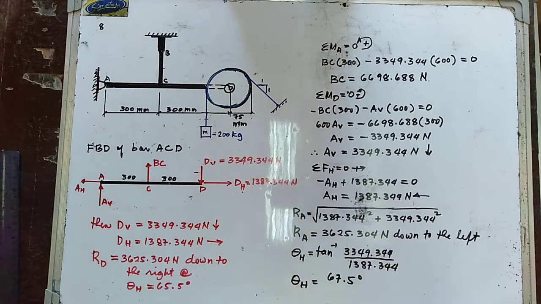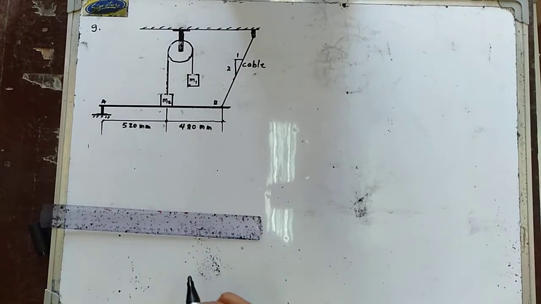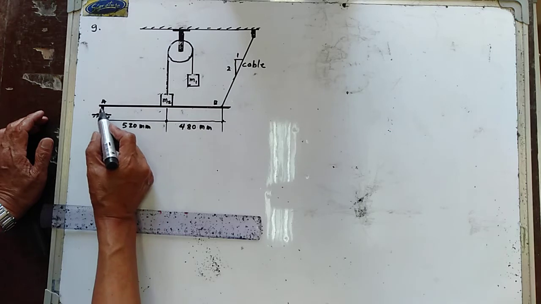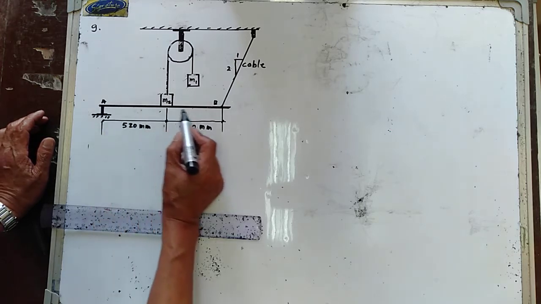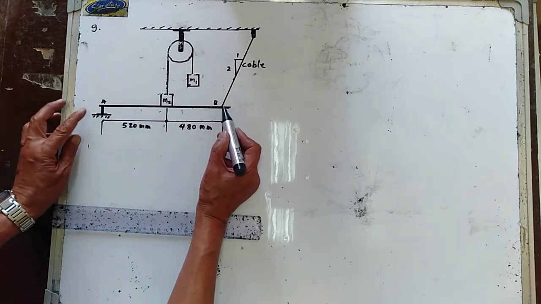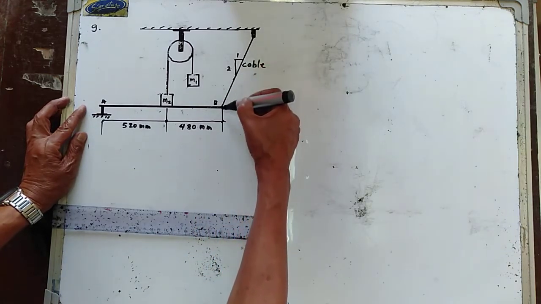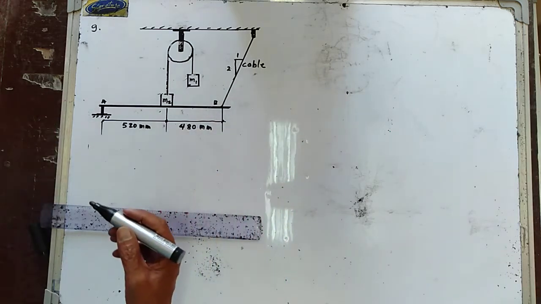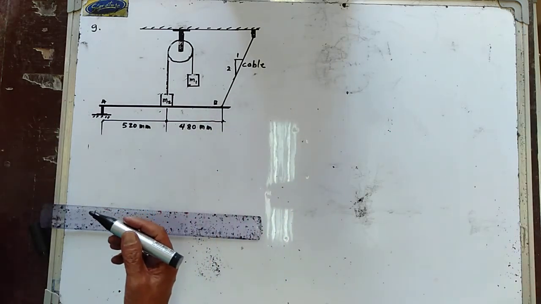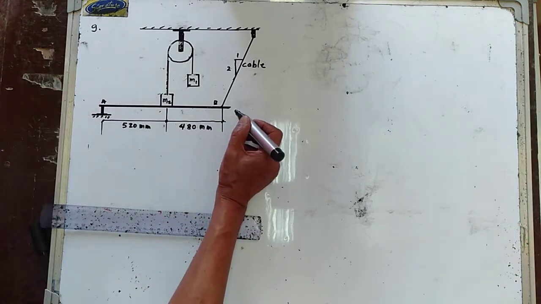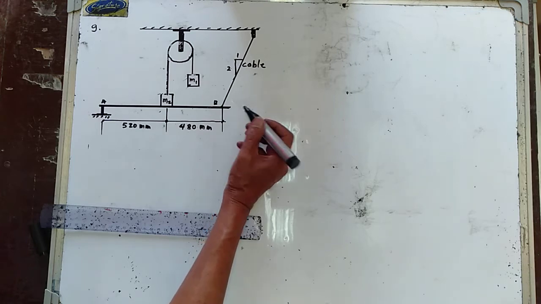Okay, so we have the next problem. A beam is loaded and supported as shown. So this is your beam AB. It is supported at A by a hinge and by a cable at point B. Determine the reactions at supports A and B when M1